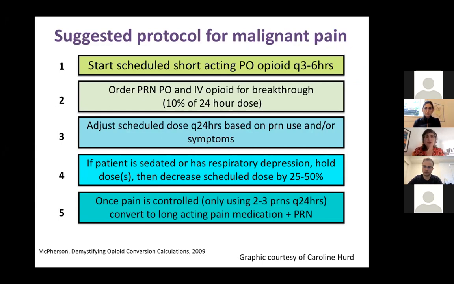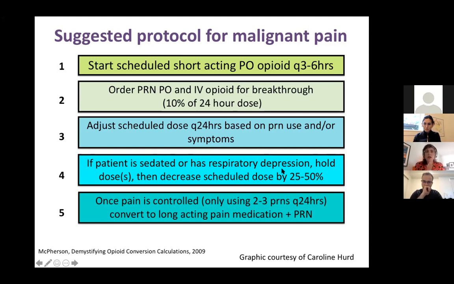So I would start scheduled short-acting opioid at every 3 to 6 hours, depending on what works for that patient, with a hold for sedation order. I would order some breakthrough,